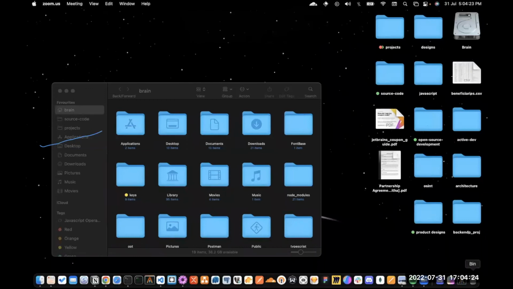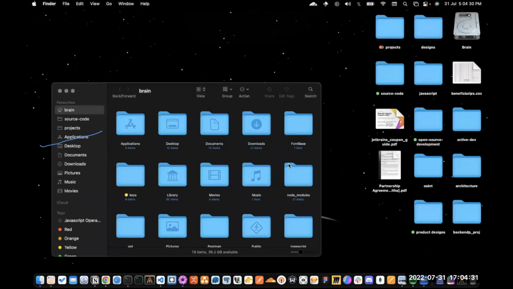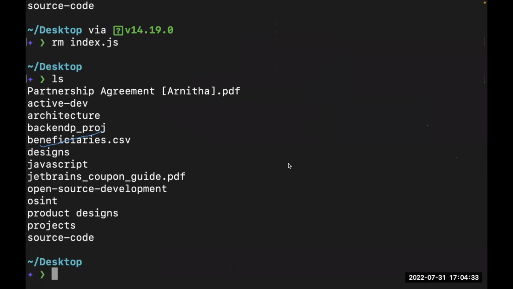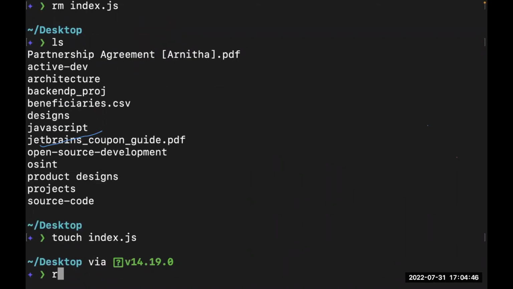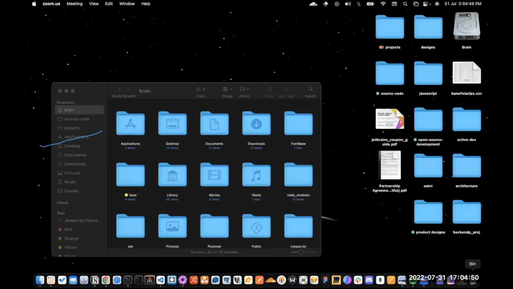One thing you should understand about working with the terminal, you have to be very careful with what you delete, and I would explain that to you. So when you are working on the terminal and you're using the rm command, you have to note that there is no recycle bin for you to play around with. So let's assume we create another file, index.js. Now we say rm index.js. When you come down here, you see I have no item inside the recycle bin.